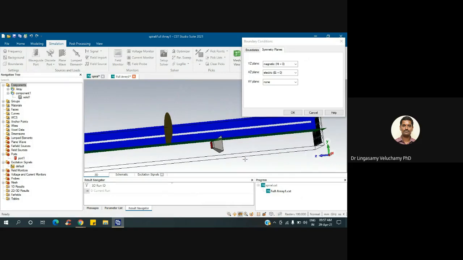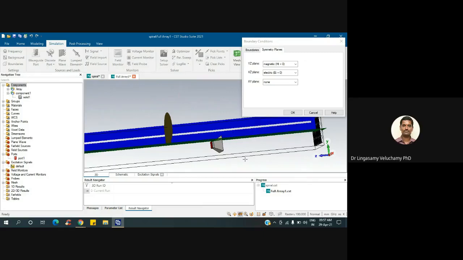So, you are exciting the electric field along Y, and along X it will have the magnetic field. Since you are applying symmetry, that's why we are applying magnetic and electric here. YZ plane means you can see that blue line, right? The blue line is along the width.